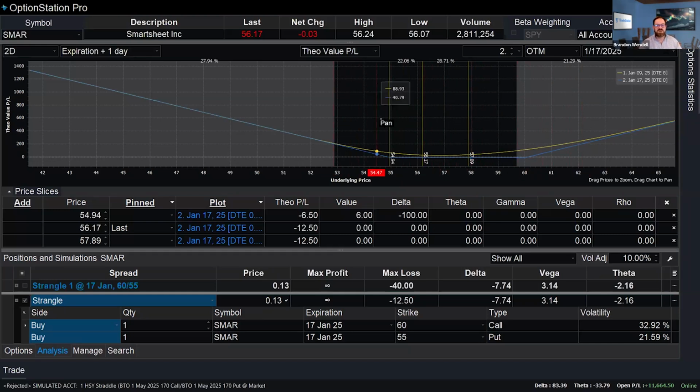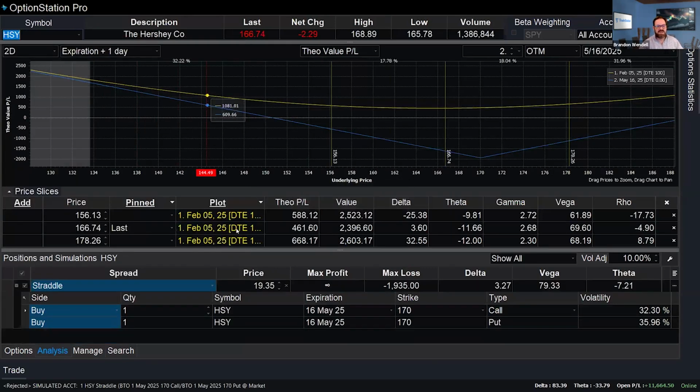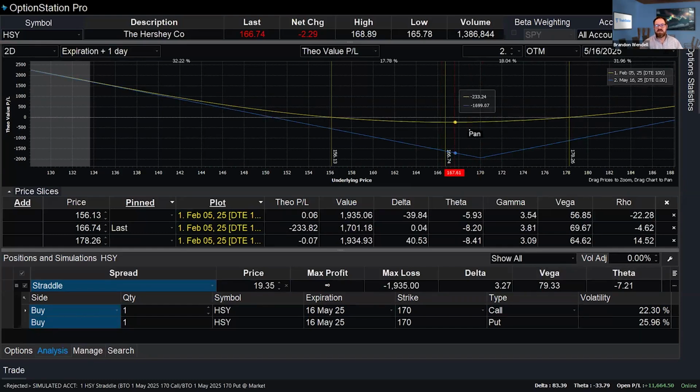Once again, if I'm going to put on the straddle versus the strangle, let's go back to the same one I was looking at, the Hershey, HSY, and just compare the two. It'll be easier. So again, with Hershey, I was looking at the 170 straddle, and taking a look at what happens with the volatility change. Let's go back to where we were. The base is here. Current price, break even upside, break even downside.